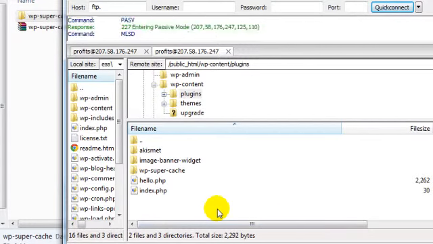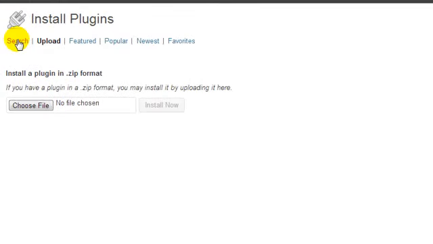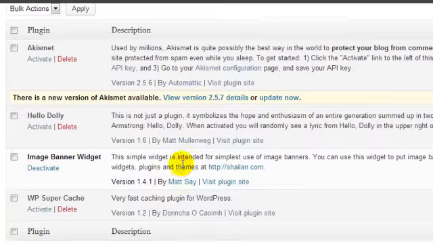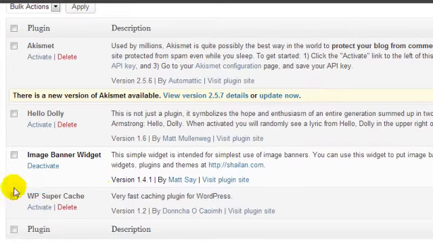and once it's finally uploaded all the files, you can go back to your WordPress dashboard, click on Installed Plugins, and that's the WP Super Cache. Click on Activate,